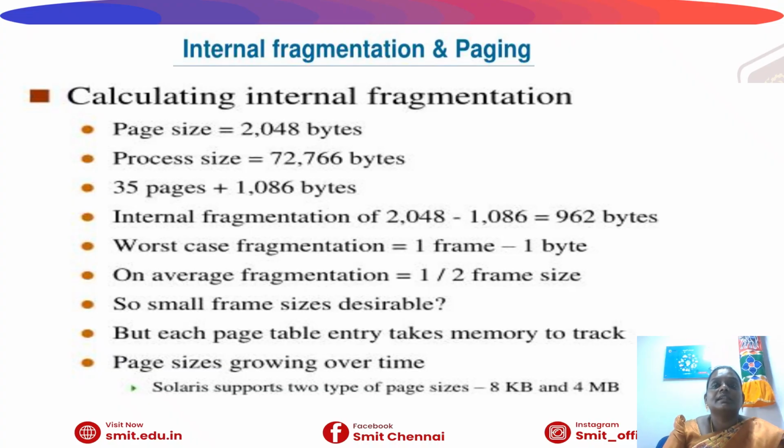And then internal fragmentation in paging. Internal fragmentation occurs when the last page of a process is not completely filled. For example, the page size is 1000 bytes, the process size is 3500 bytes, and the required pages are 4. The memory allocated is 4000 bytes and the unused space is 500 bytes. This unused space is called internal fragmentation. And for external fragmentation, paging completely eliminates external fragmentation.